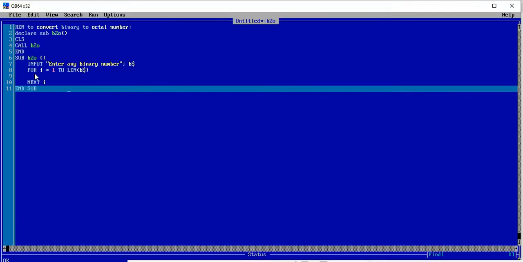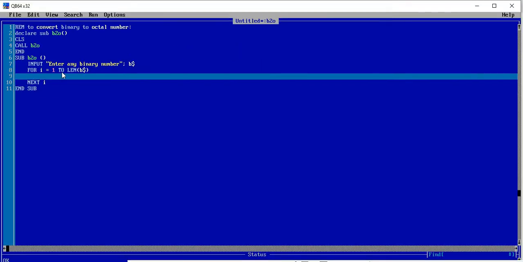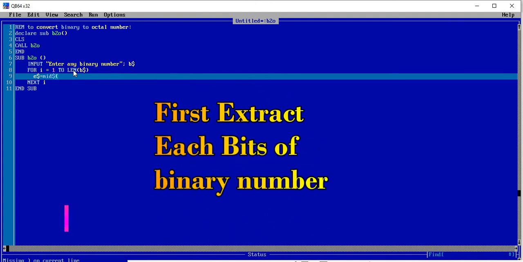Okay, and let's extract each bit first. We are going to extract each bit of that binary number. E$ equals MID$ of B$, I, 1. We extract each bit of B$, and I runs from 1 to the length.